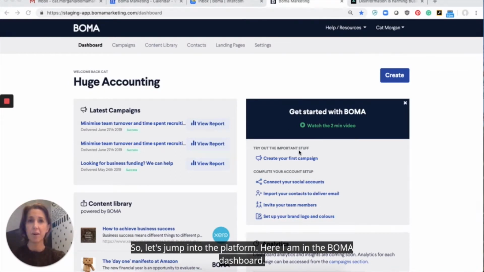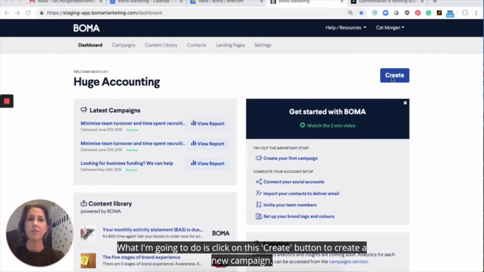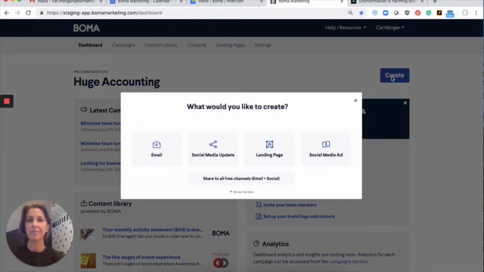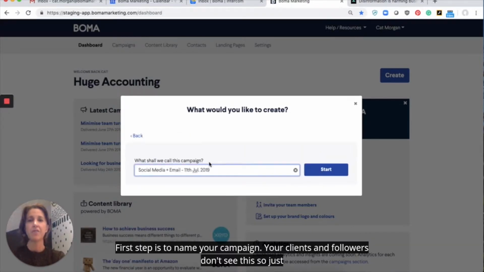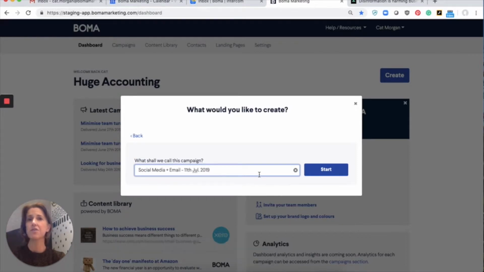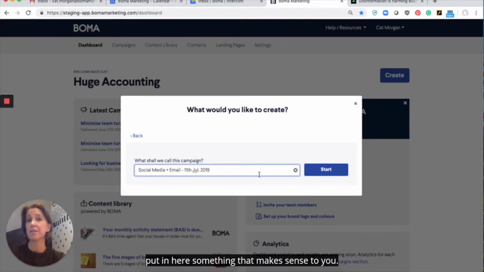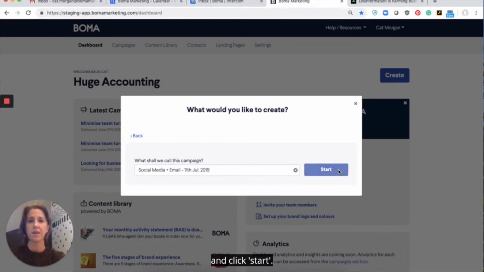So here I am in the Boma database. What I'm going to do is click on this Create button to create a new campaign. Now you can choose to share your web page via email or as a social media post, but I'm going to do both at the same time. First step is to name your campaign. Your clients and followers don't see this, so just put in here something that makes sense to you and click